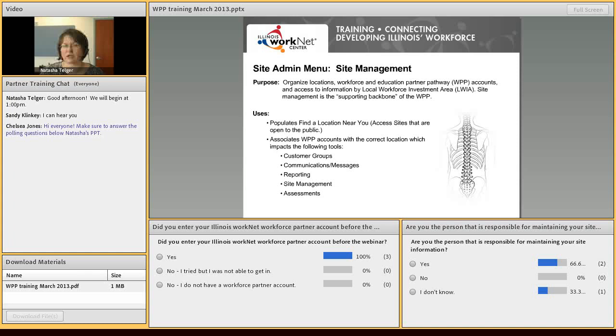Also, we have different tools like customer groups and communication tools and different reporting tools, and we want to make sure that you're getting the correct type of tools and correct access to tools. Also with your communication, we want to make sure that your information is correct, because that is also used as your signature, and we want to, again, make sure that your customers have